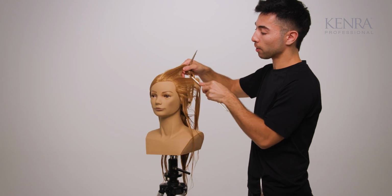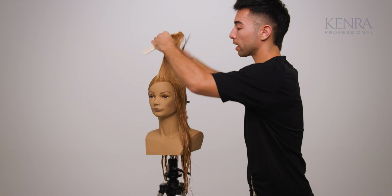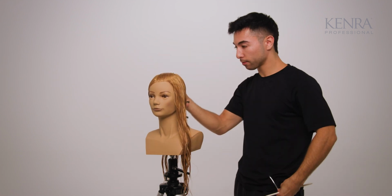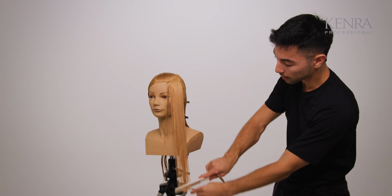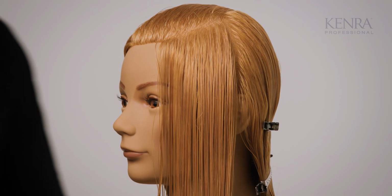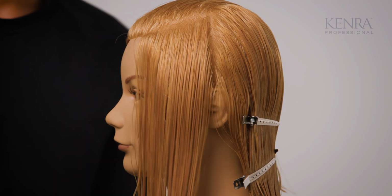I'm taking a very small sliver of hair from the bottom of that top section, and the rest of the hair is going to get clipped out of the way. Now we're in control and we can focus on just cutting the sides. Once again, because a butterfly cut is focused on creating layers in the front and maintaining length in the back,